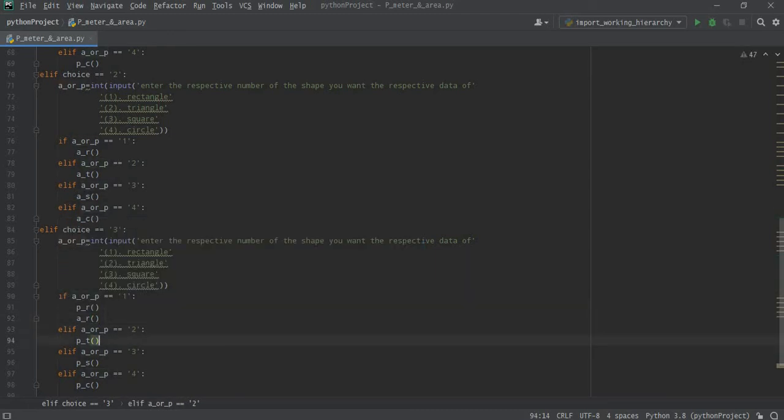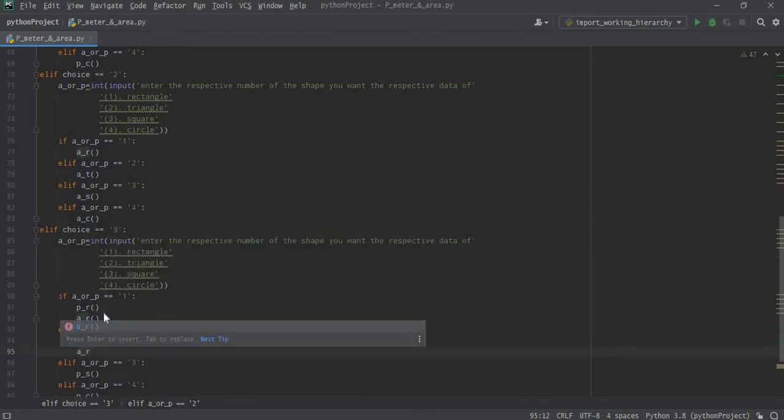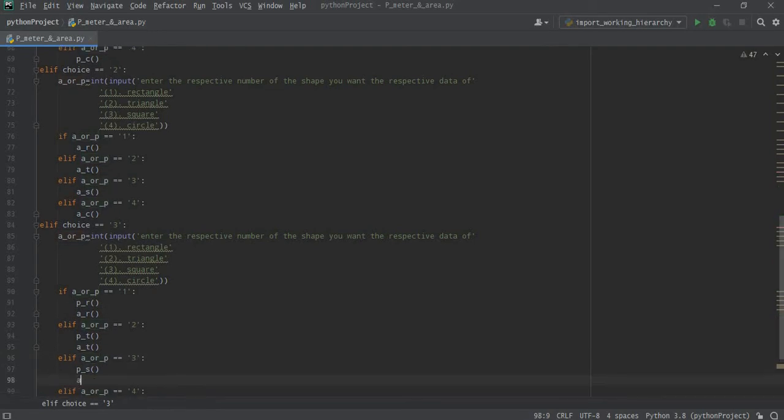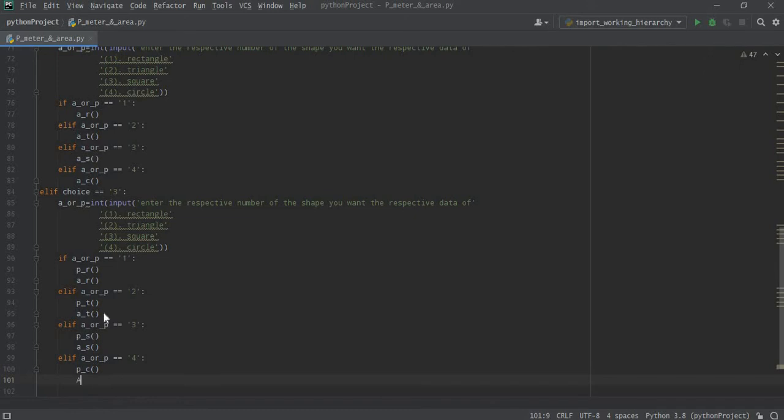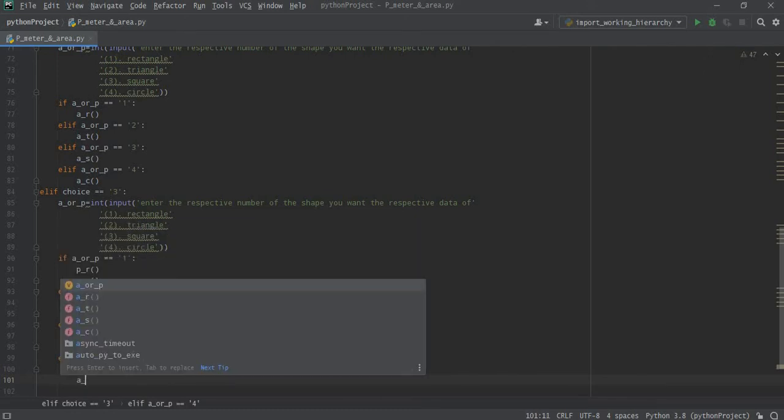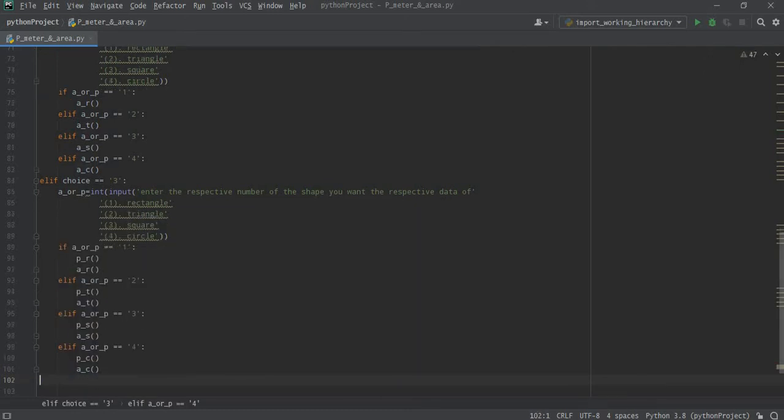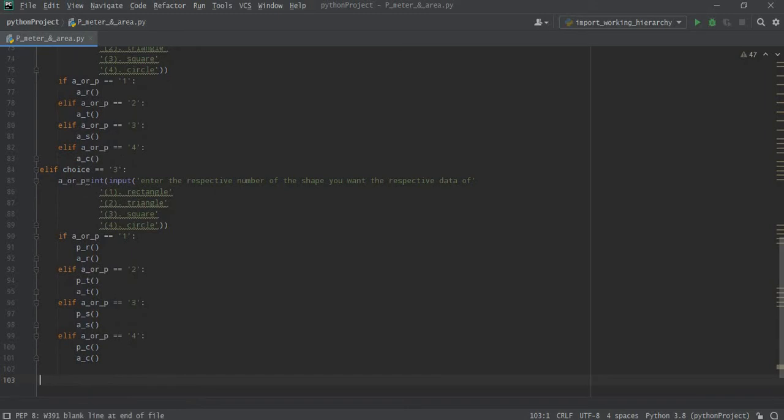Area of rectangle, then area of triangle, area of square, area of circle, and